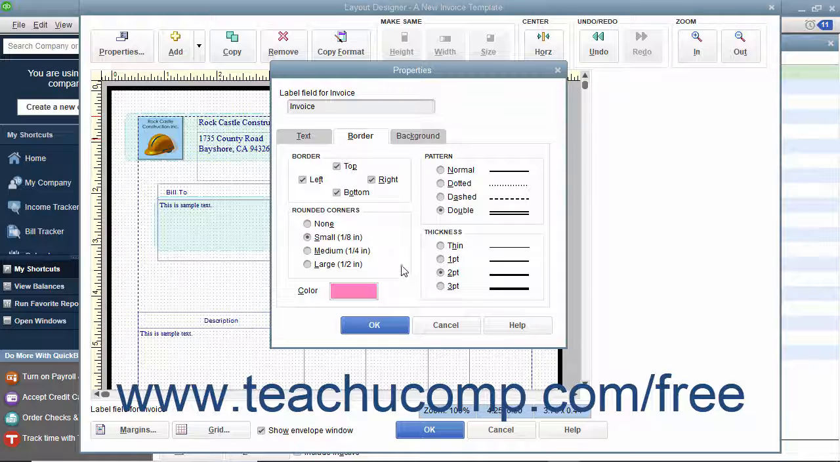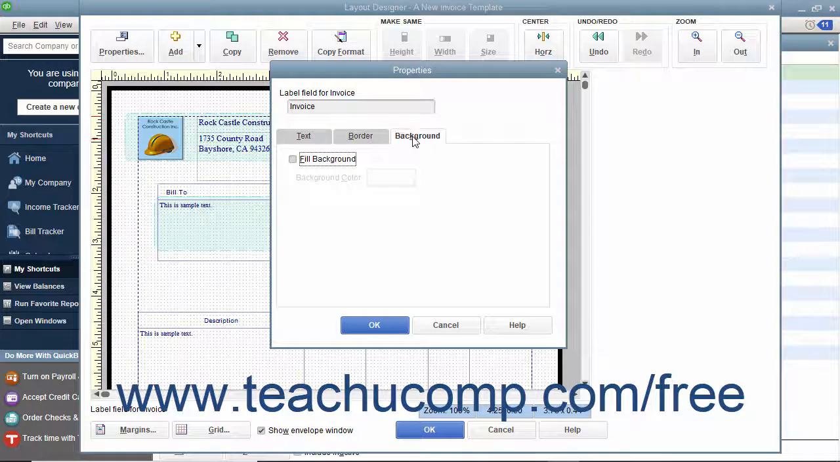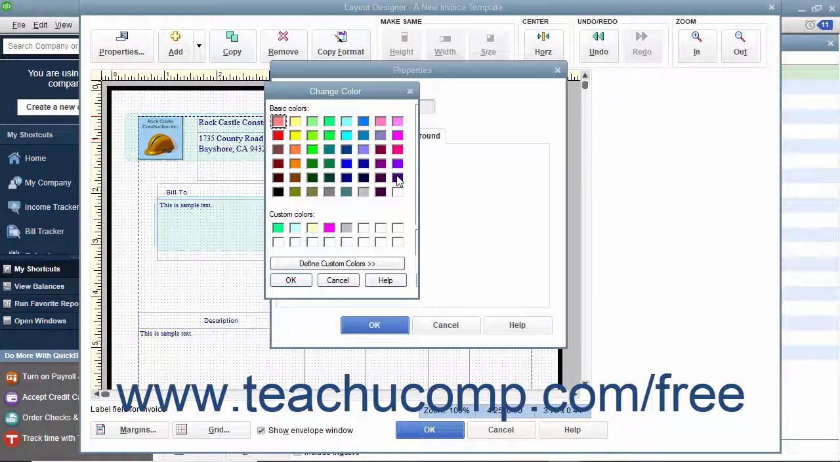To set a background color for the object, click the Background tab within the Properties dialog box. Then check the Fill Background checkbox. After checking this checkbox, click the Background Color button shown to open the Change Color dialog box. Select any color you want for the background of the object, and then click the OK button to return to